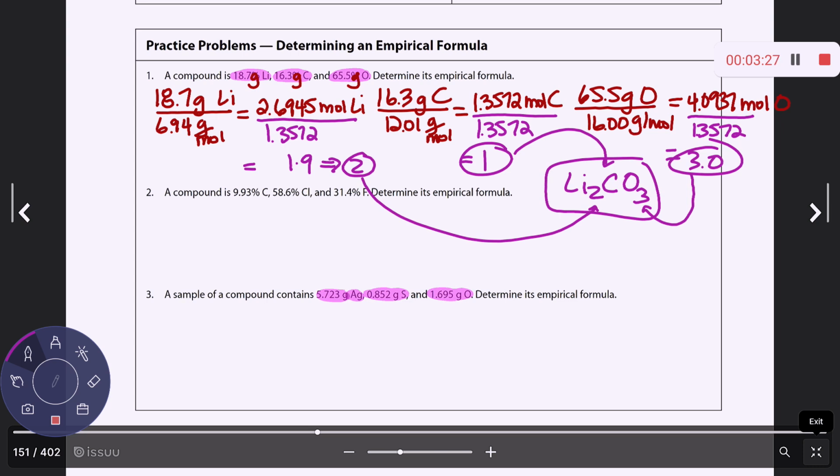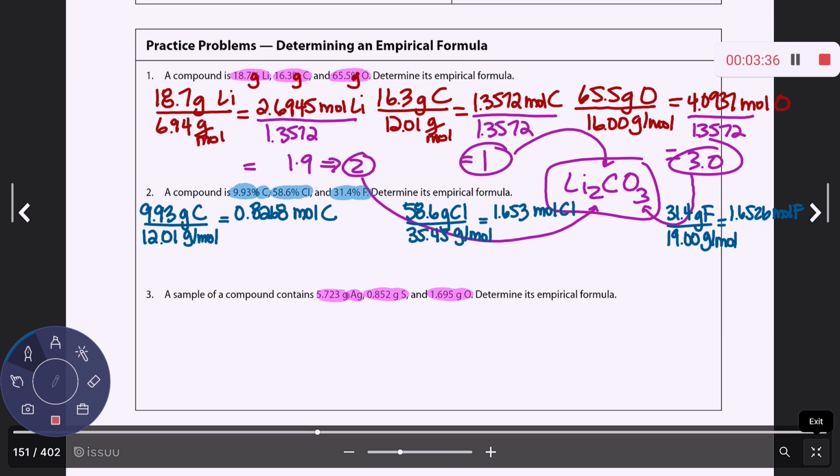Okay, and it's the same steps every single time, so it gets a little redundant. Do you want to try this on your own? Okay, try number 2, and let's see what you guys come up with. Did you get to this point? And then your smallest mole is this 0.8. So you divided everything by it. Did you get